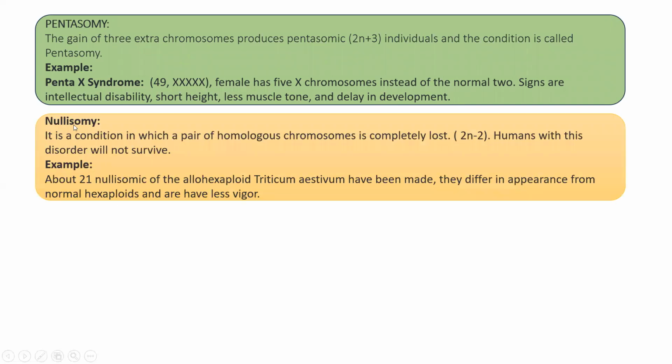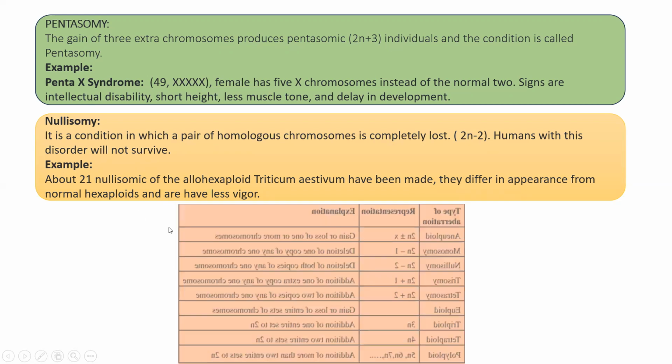Then next is the nullisomy. It is the condition in which a pair of homologous chromosomes is completely lost. A human with this disorder will not survive. This is very important. About 21 nullisomics of the allohexaploid Triticum aestivum have been made. They differ in appearance from normal hexaploids and have less vigor. So these are the types of this